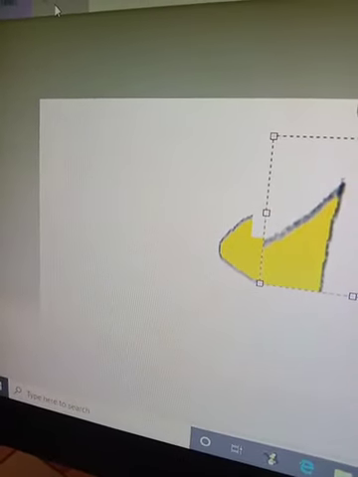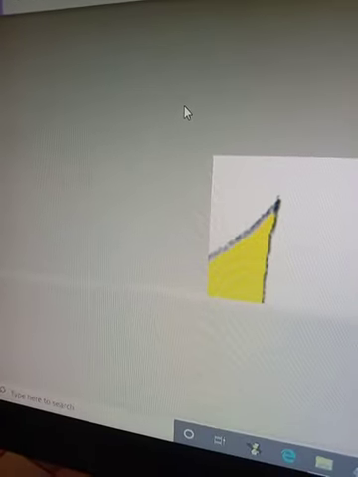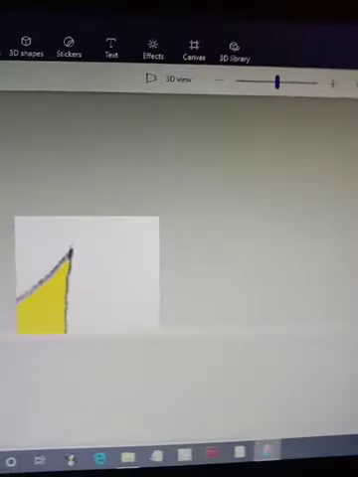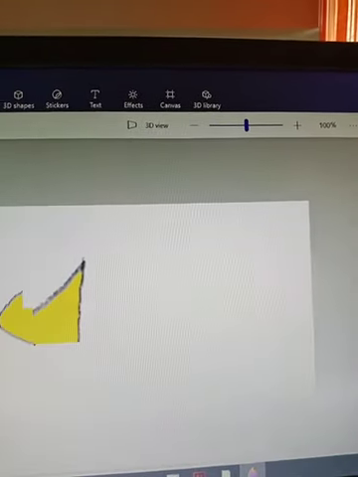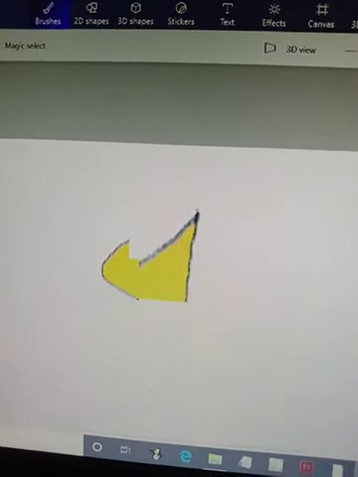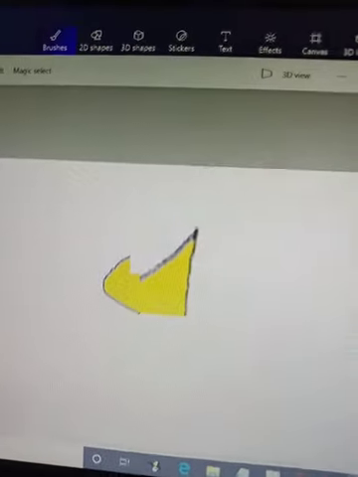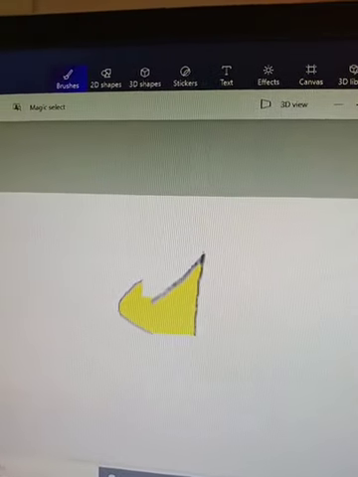If you want to crop, that is also there. It will help you to crop the particular area over there. Undo, there is an undo option also here at the top right corner. So likewise you can take it. Understood, children? Here you can change the 3D view also in that way. This is all about the zooming option.